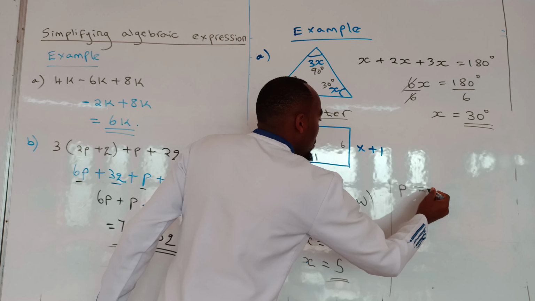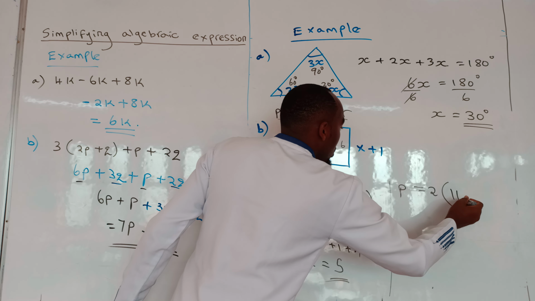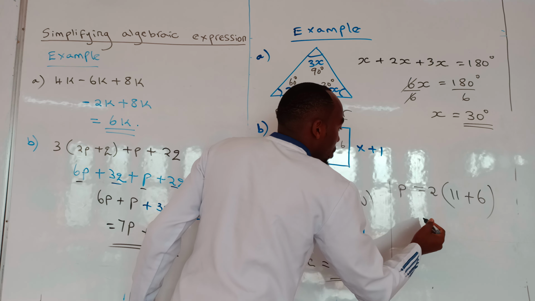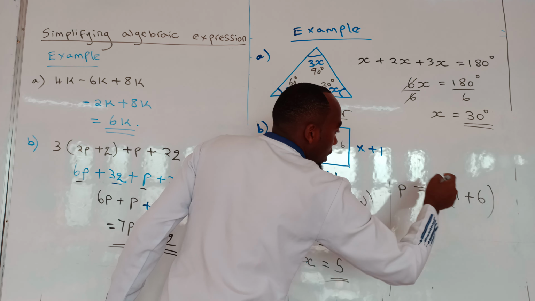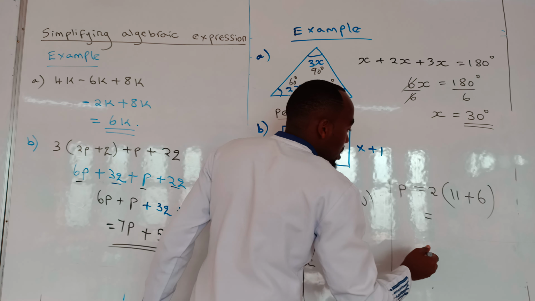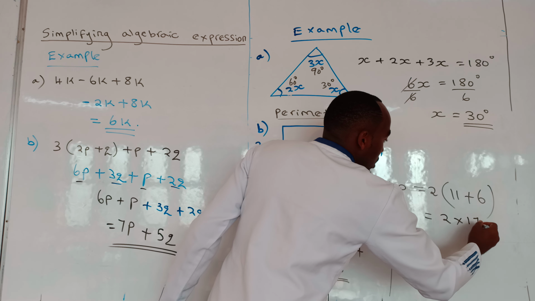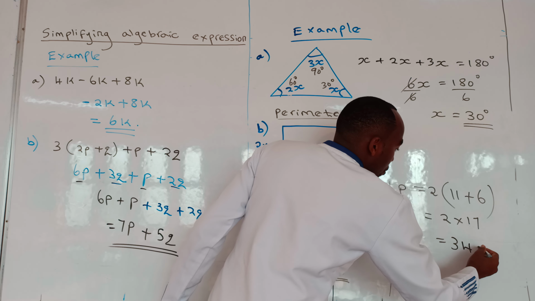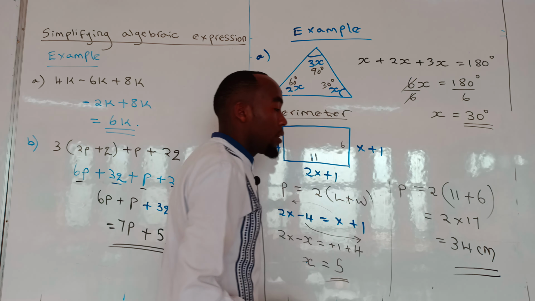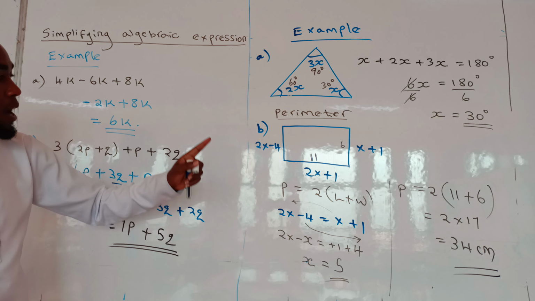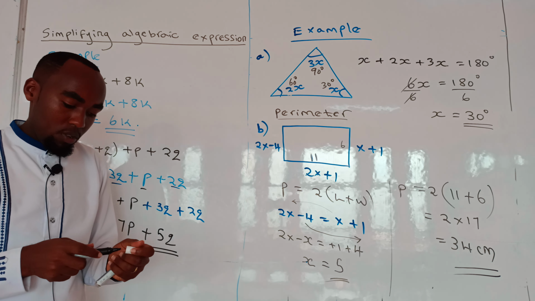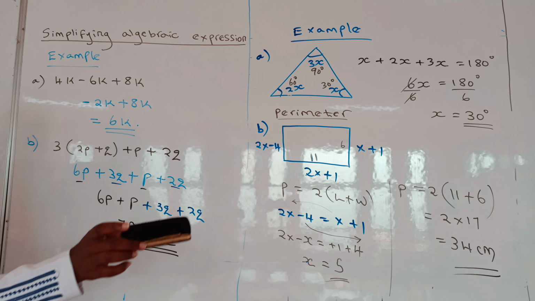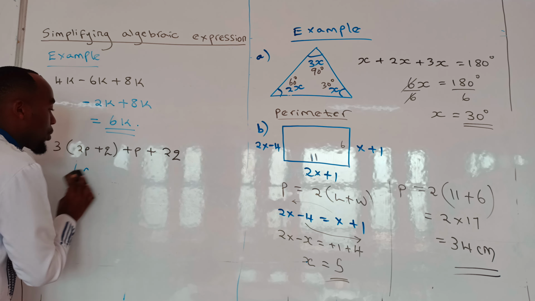Perimeter will be given by 2 into length, which is 11, plus 6, which is the width. And this will give us 11 plus 6 is 17. And 17 times 2 is 34 centimeters. And there we go. We have the perimeter of a rectangle. Are we together? Now, other than such questions, you can be given